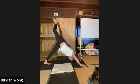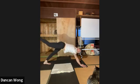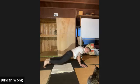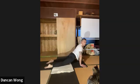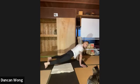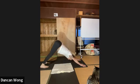Good. 1. Kick back. Inhale, exhale, squeeze inner thigh, pelvis forward. Take the drop. Inhale, press up. Or dog. Good job. Exhale, downward dog. Hold your ground for 5,